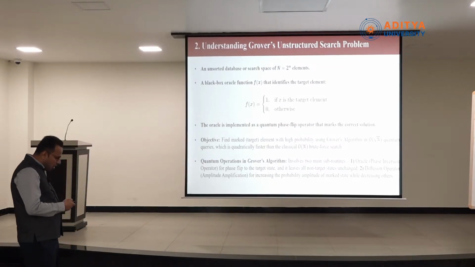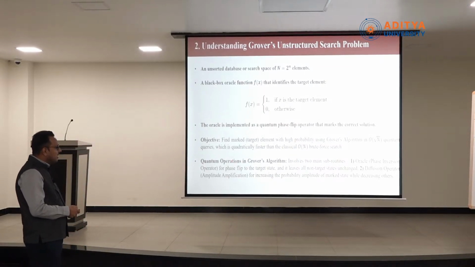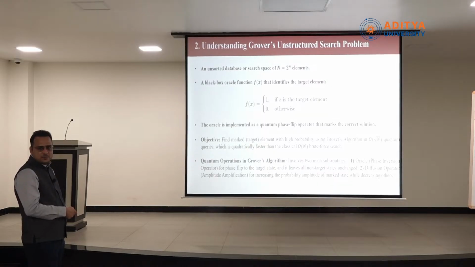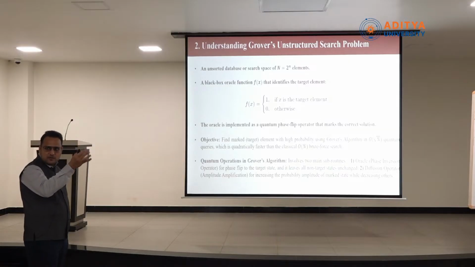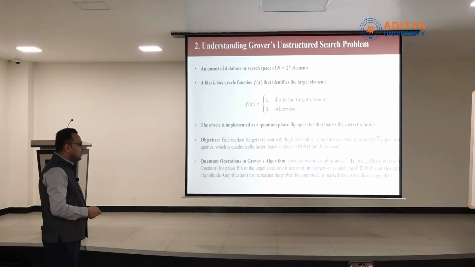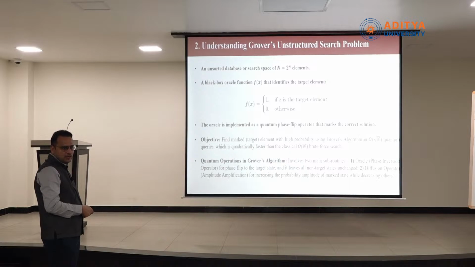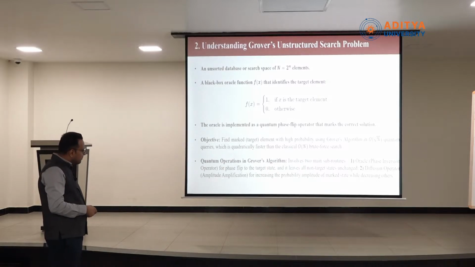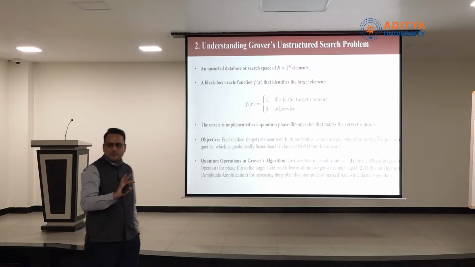The operations involved in Grover's algorithm: the first is the oracle. Oracle means a black box. That oracle performs a phase inversion operation, a phase flip of the target state. Whatever state is found, we perform the flipping operation. After that, a diffusion operation. Diffusion is basically an amplitude amplification operator, and this amplitude amplification